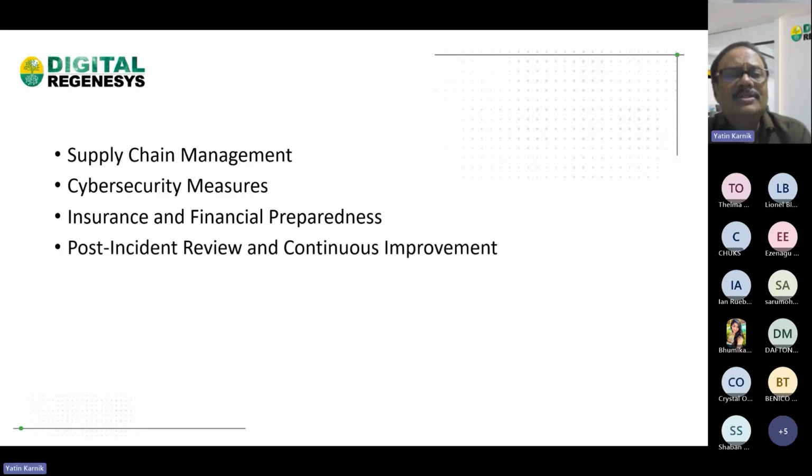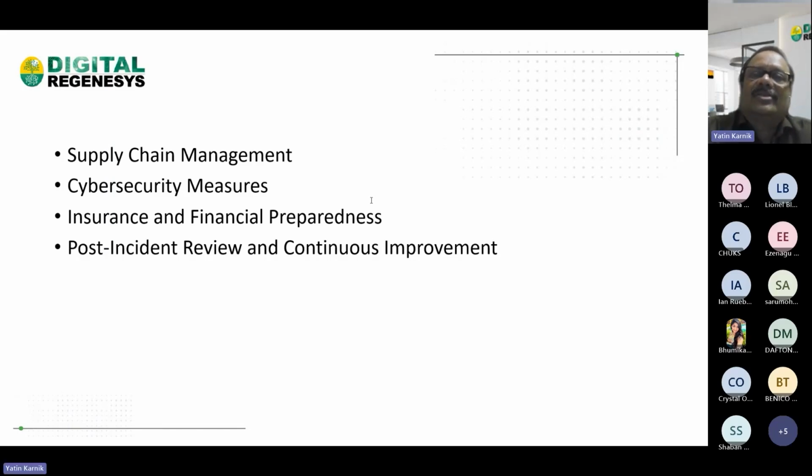The next is your post-incident review and continuous improvement. After a disaster or exercise, the organization conducts a post-incident review to identify the areas of improvement: what went wrong, what were the lessons learned. The feedback loop is crucial for refining and updating the business continuity plan to address